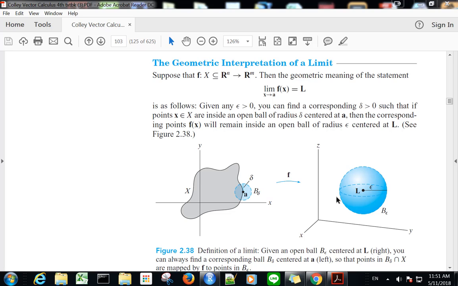Okay, so we have a set X, and we have a point A in X. Here's F, and that takes things from here to here, and we will say that the limit of F as X gets closer to A is equal to L if